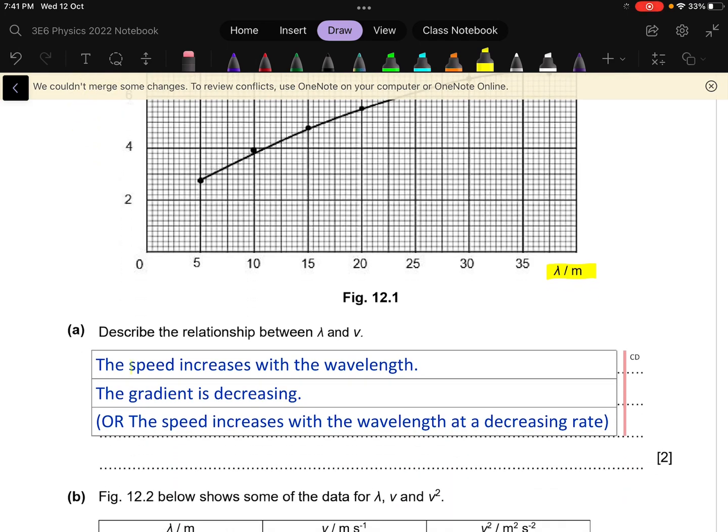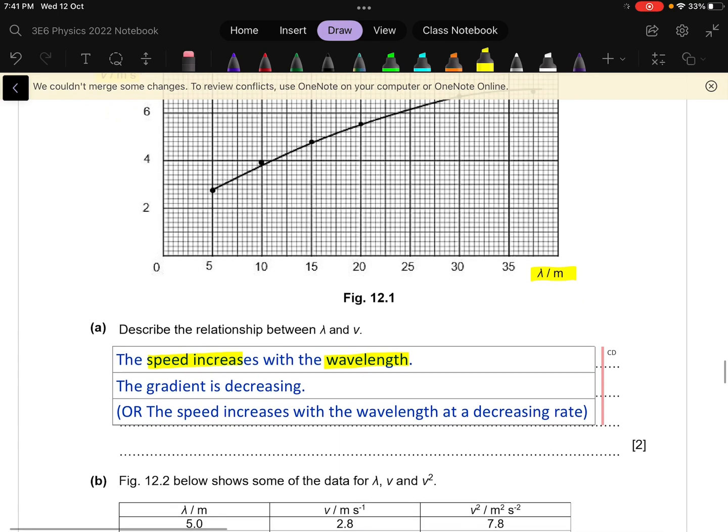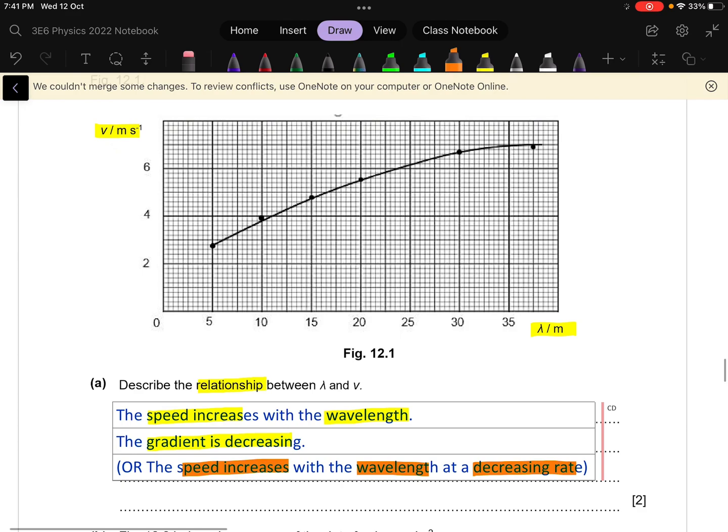Most of the answers are able to tell us that the speed increases with the wavelength, but only a small minority actually take note that the gradient is decreasing. So when we talk about relationship, it is not just linear or non-linear. You also have to tell us how the gradient is like. You can either tell us that the gradient is dropping, or if you are more comfortable with mathematics, you can say that the speed increases with the wavelength, but the increase is at a decreasing rate, meaning that